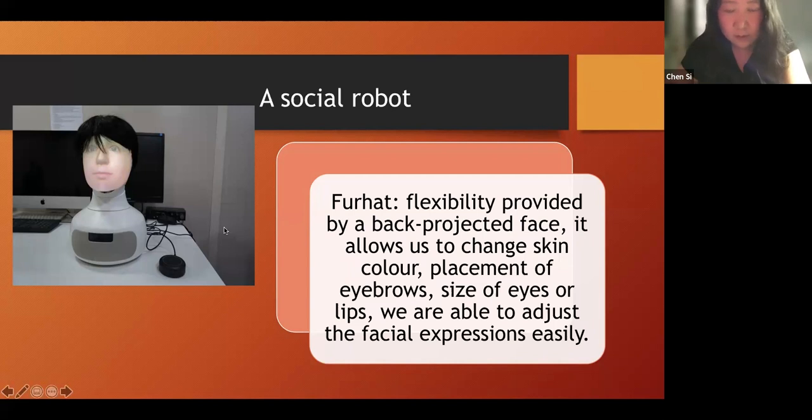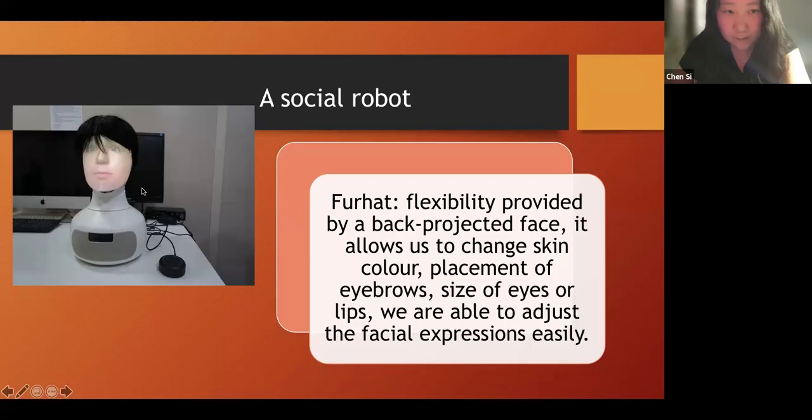funding to do that. So instead, I think this one, the Furhat robot, is actually an easier and better solution in this case, because it has flexible faces, because the face is actually projected.